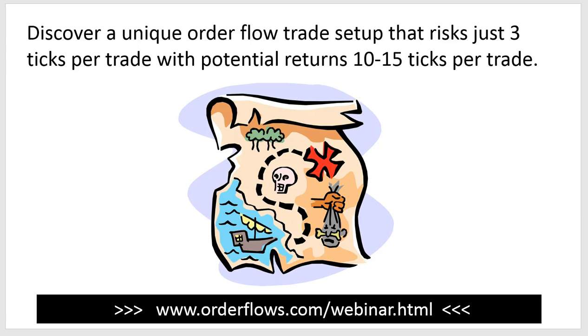And I'm going to give you one of my trade setups. This is a trade setup that I've been talking about to my users for how many years already. It's a great setup. You could risk 3 ticks per trade with potential for 10 to 15 ticks per trade. Everyone always says, what's your risk reward or what's your winning percentage? If you've got a trade where you're only risking 3 ticks to get back 10 or 15 ticks, the odds are on your side. Okay, so that's really what you should be looking for as a trader.